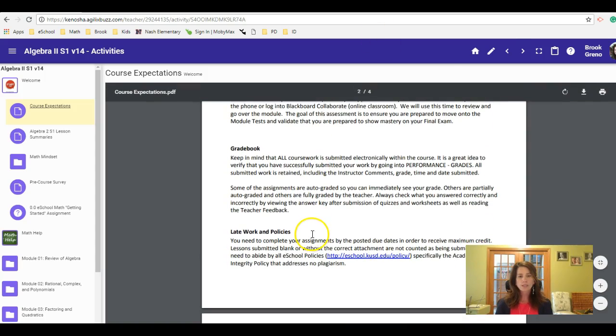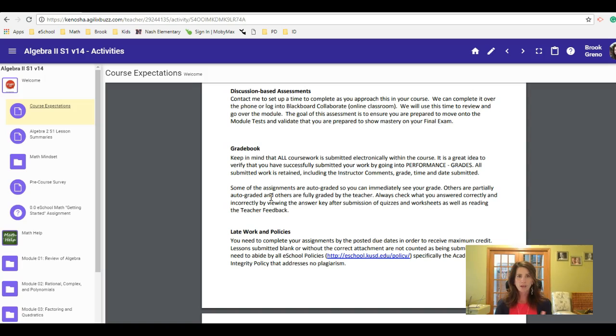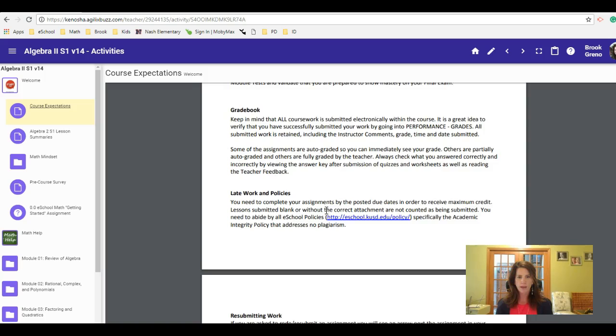Your grade book is listed there. You can go into your grade book and review any of your grades. It's nice because in an online course, everything's there. Every assignment is already listed. You see everything that's coming up for this course, what you're going to have to turn in. As you turn it in, a grade is there. It says when you turned it in. So reviewing your grade book, always checking back on a regular basis for that.